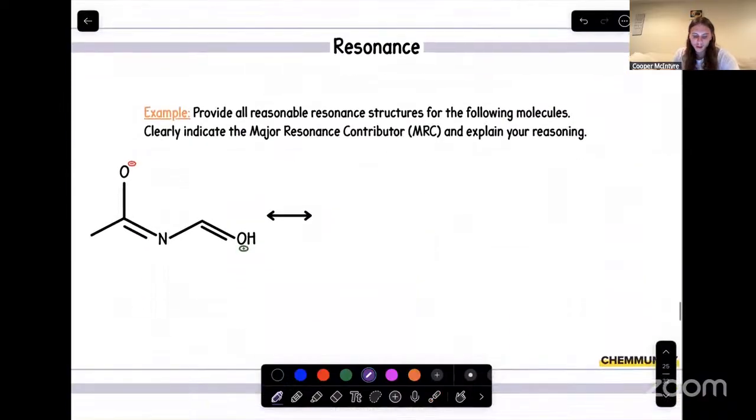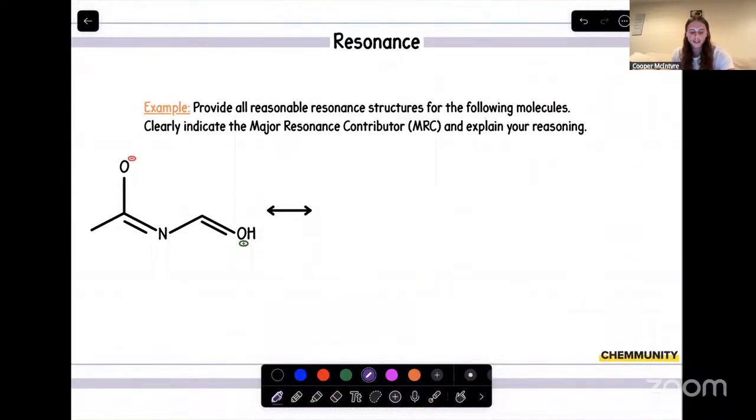Then we'll move on to another one. Now, in this case, right here is a good example of what I was talking about earlier, that whenever we start with charges or whatever it may be on a resonance form, we always want to have the same net charge. So even though we have a negative charge and a positive charge, together the entire molecule would be considered neutral. So that means every single resonance form we draw, it should be neutral overall. And in this case, like we mentioned, we always want to start with our charges, and also we want to start with the electron density.